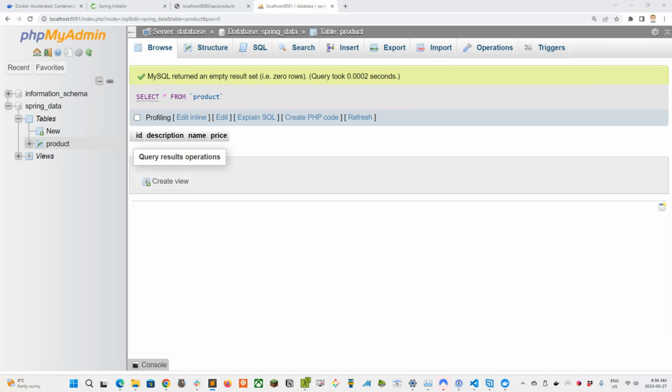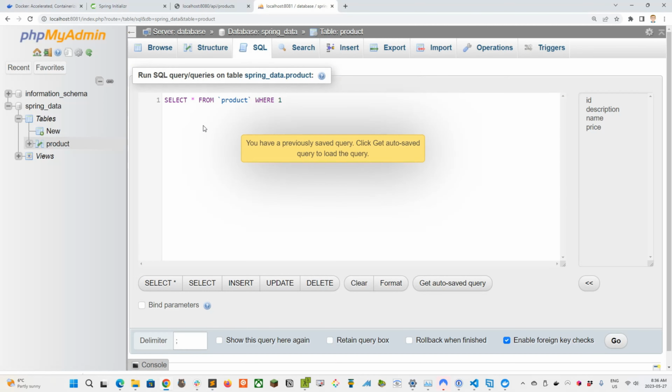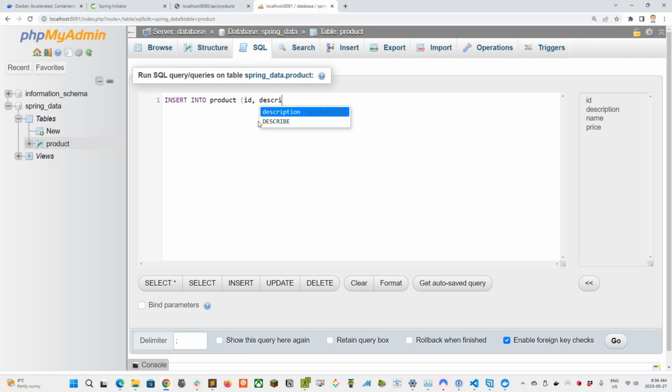Okay, so if we click into the product table, remember it's totally empty. So let's go ahead and add a simple product for us. So click on the SQL tab, and I don't think I have anything saved. This is the first time I've started it. Okay, maybe that's a default message. Okay, so we're going to insert into product, and we need to insert with the ID, description, name, and price columns. Notice how they're listed over here just for easy reference. And we're going to be using values of the next value for product sequence,